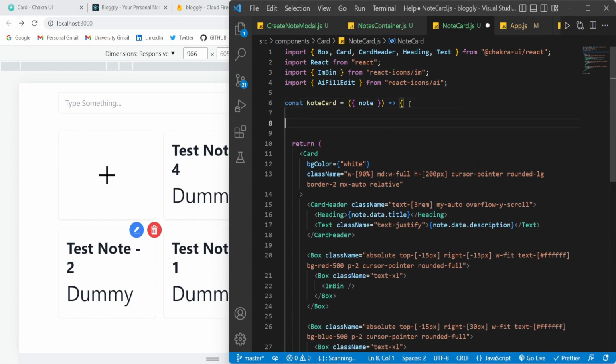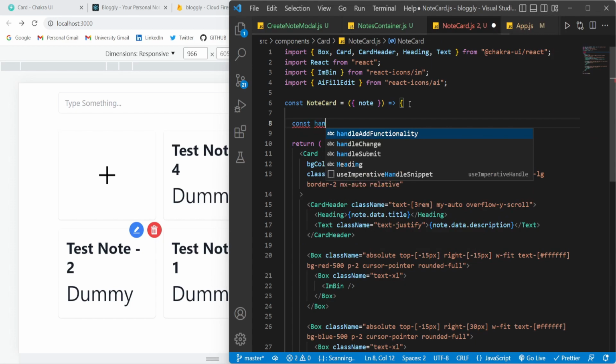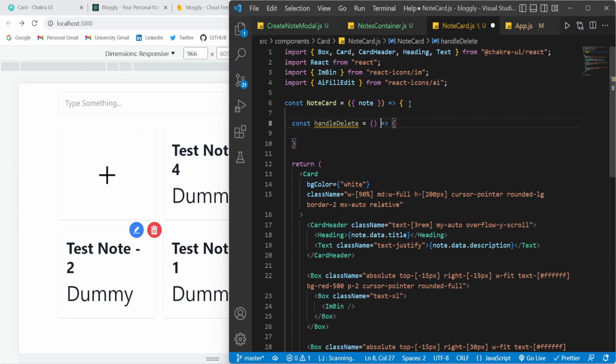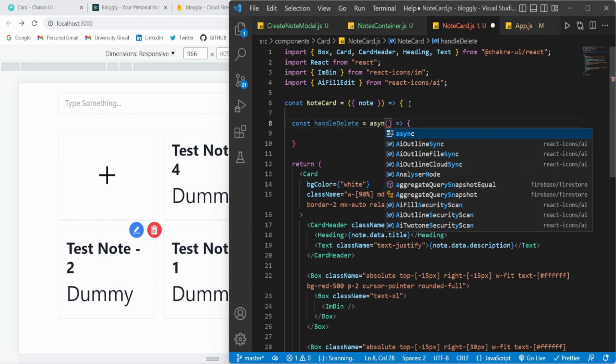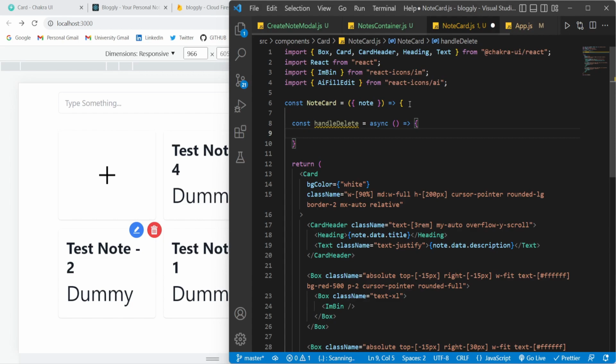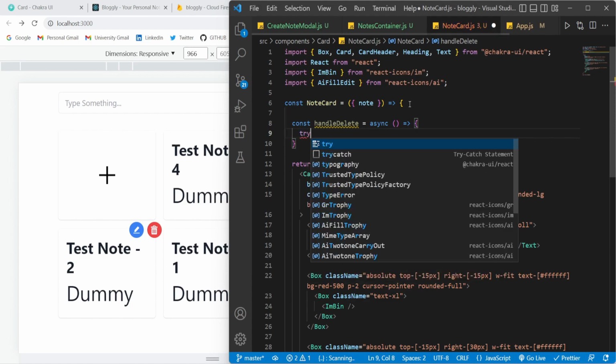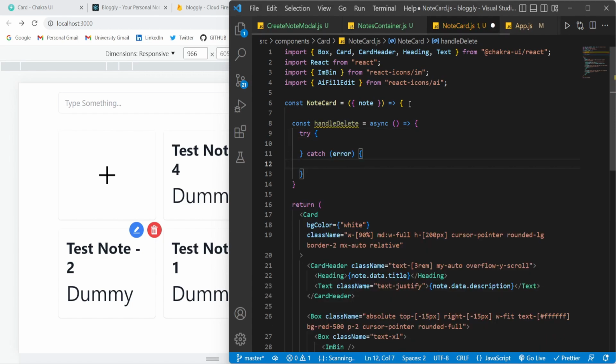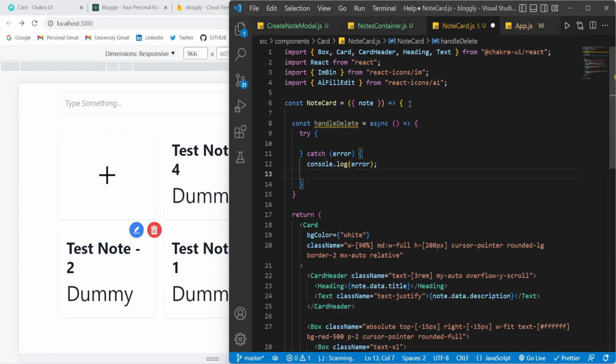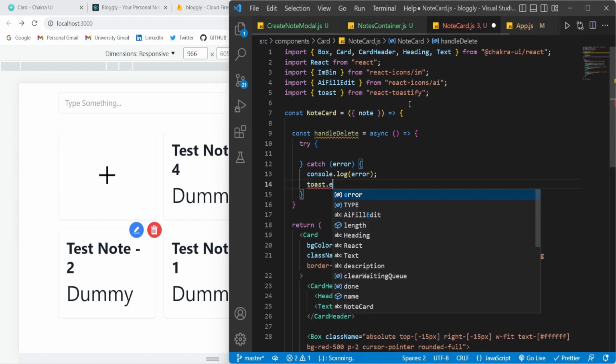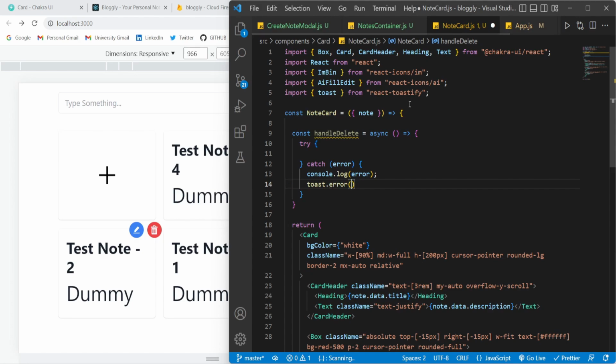But before that, first of all, let us create one function which we will name as handle delete, and this will be an asynchronous function. Okay, and in this let us add the try catch because that is mandatory. Console.log error, toast.error, error. Okay,